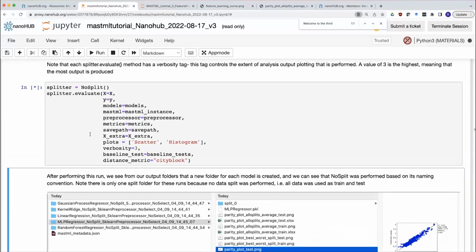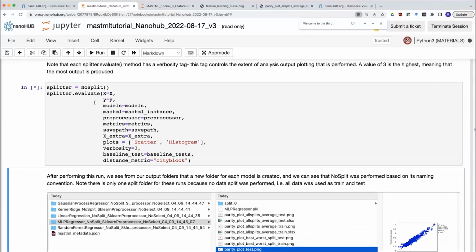Before going into some data splitters, one thing that you can do is just not split your data at all. This is equivalent to just simply fitting on all the data, which is not great for evaluating how extensible your model is. But at the end of the day, when you want your best model, you're going to fit to all your data and then use it to predict on new test data that isn't in your database, right? And so we have this no split routine, which functions just like any other data splitter with an evaluate method. It's just that it will simply fit all of our models on all the data and give our usual performance